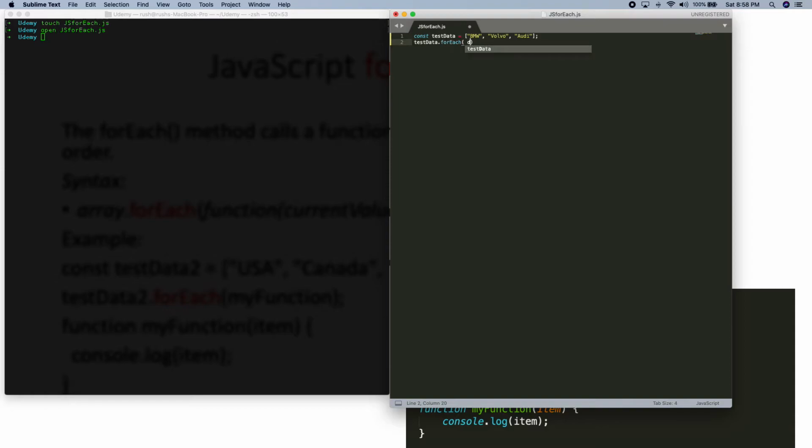I need to say for each data, which means for each element, and I need to use an equal-greater sign for starting looping. Now I need to open curly brackets, and in our case I want to print each element, which is data. Now I need to save this file and try to run it,